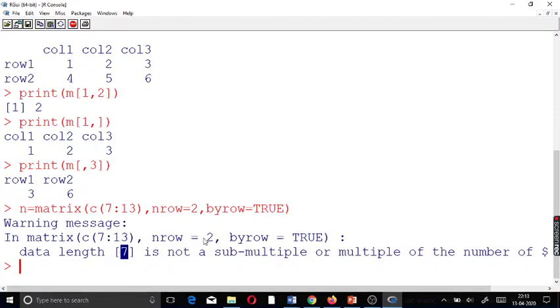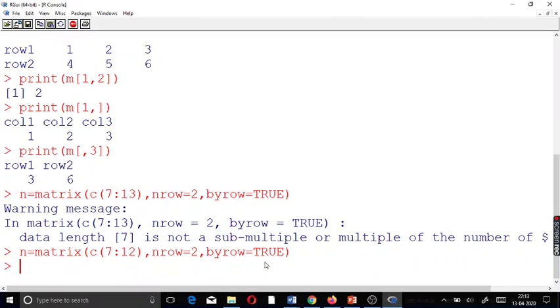When I give nrow equal to 2, it means the entire data has to be divided by 2. The length of the vector is 7, and 7 is not a multiple of 2, so it is giving you a warning. So what do I have to do? Either I have to make it 12 or I have to make it 14.